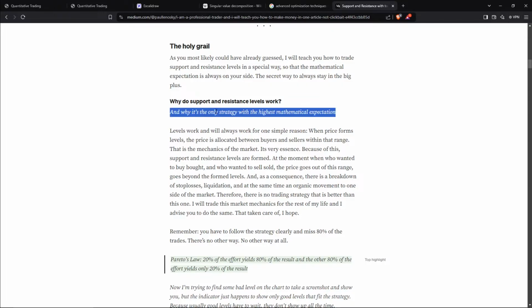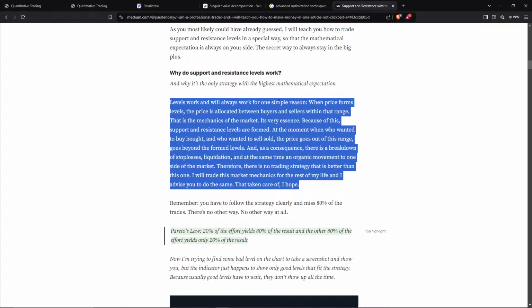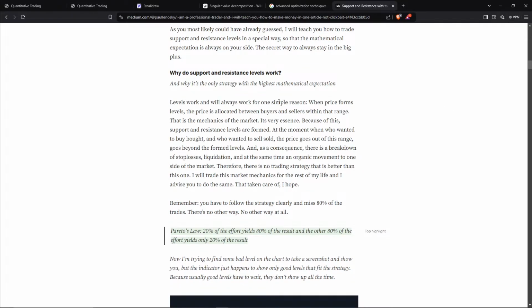This doesn't even make sense as a sentence, I don't think. Levels work and will always work for one simple reason. When price forms levels, the price is allocated between buyers and sellers within that range. That is the mechanics of the market. Its very essence. Because of this, support and resistance levels are formed at the moment when who